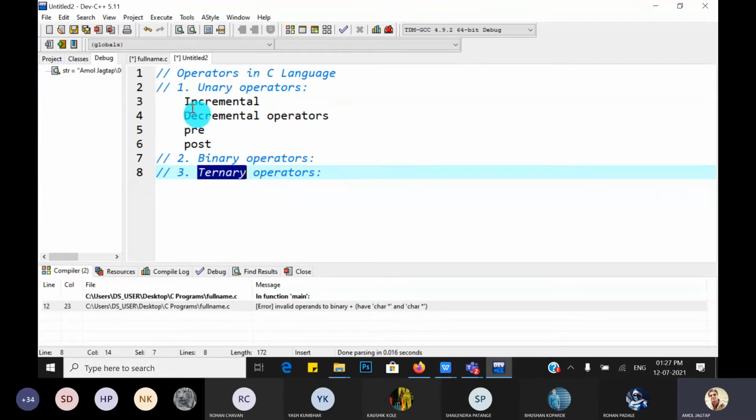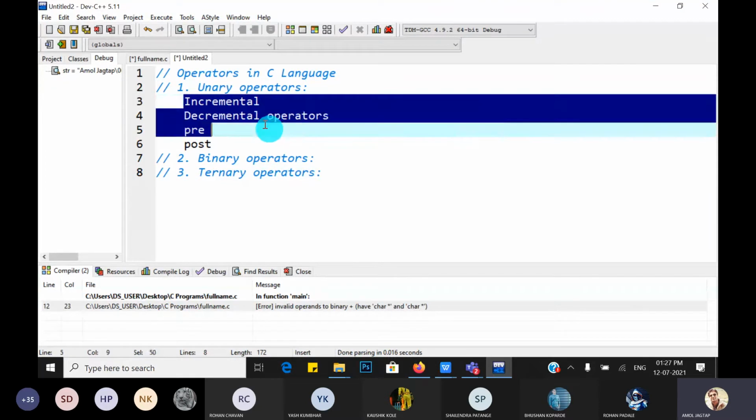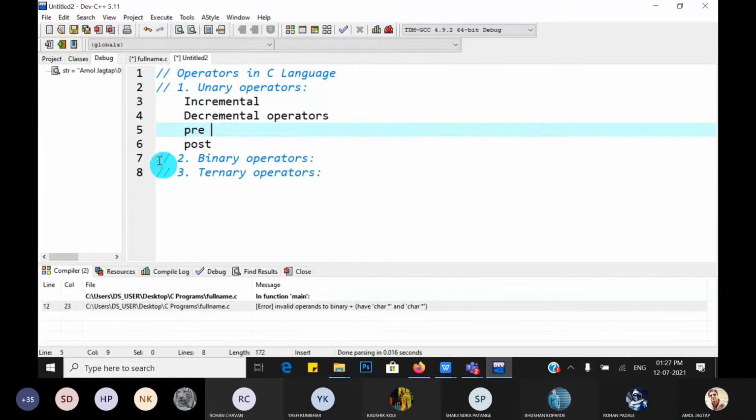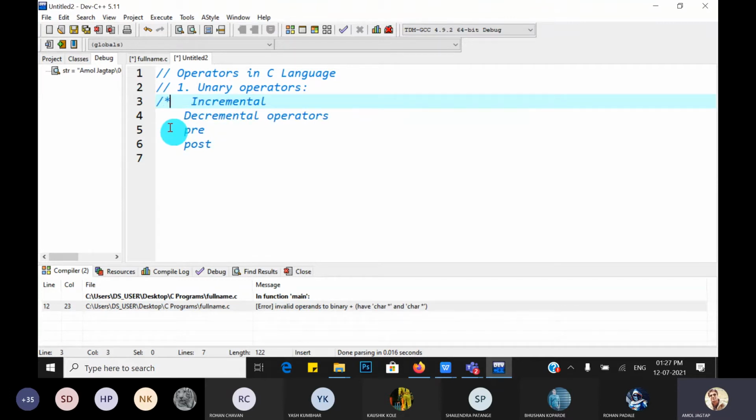So in today's lecture, we will cover first the unary operator called the incremental operator or decremental operator, which is again divided into pre-increment and post-increment, because there are a number of logical problem statements based on this. This is a multi-line comment because these are not C language statements.